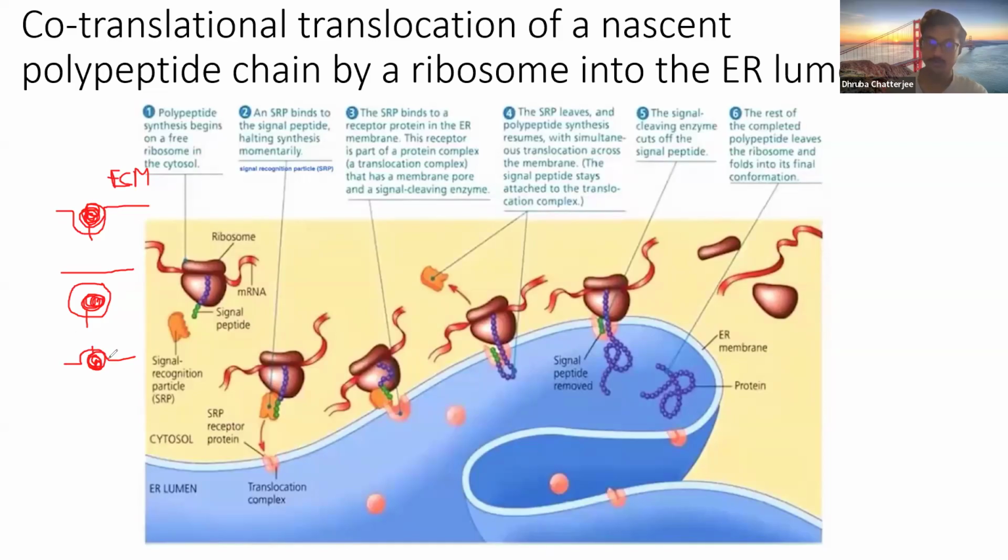If this orientation is wrong at the level of the ER, if this globular domain is on the cytosolic end, then that's a catastrophe, right? So the orientation also matters a lot, and in many cases, mutations of the amino acid sequences lead to altered orientation, which can also create problems, right? So during this co-translational translocation, thus